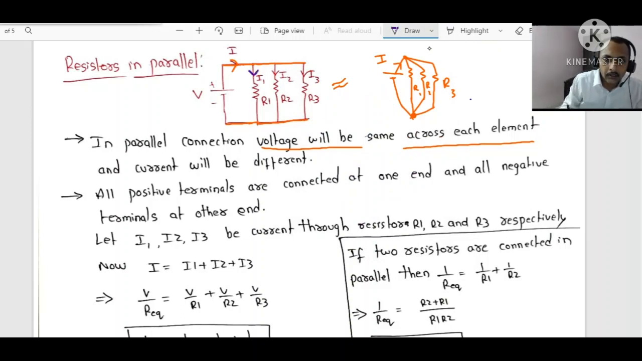It is getting divided into 3 resistors. This is I1, and into R2 the current flowing is I2. In the resistor R3 the current flowing is I3. Like this, please first divide the currents, and the total current entering is I. Observe, all the positive terminals are connected at one end and all the negative terminals are connected at the other end,